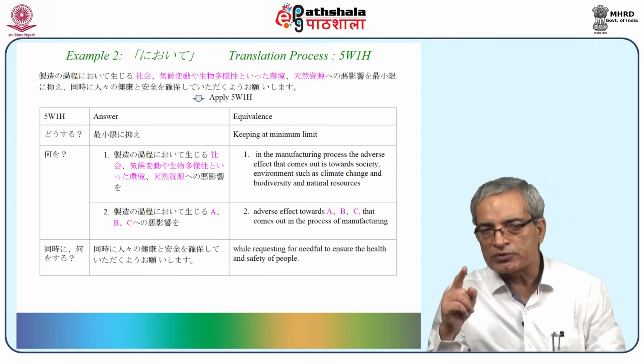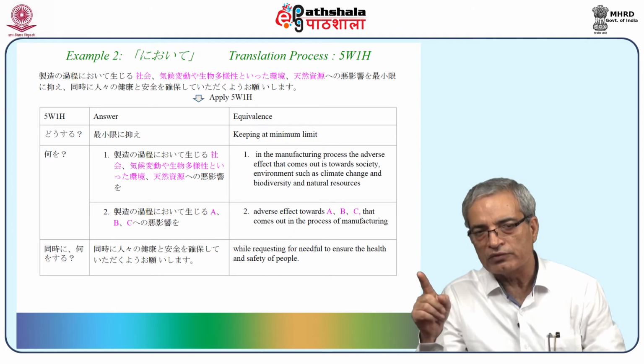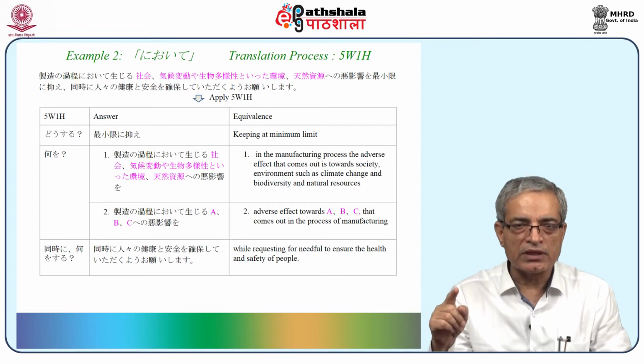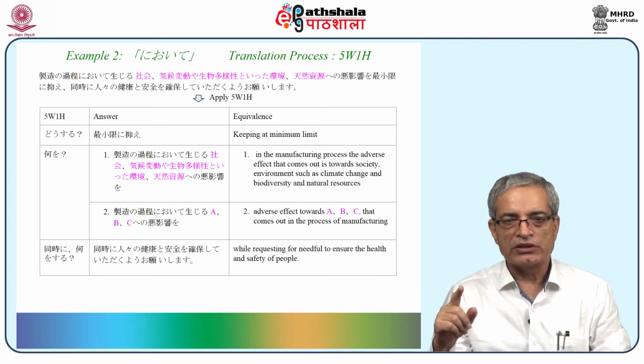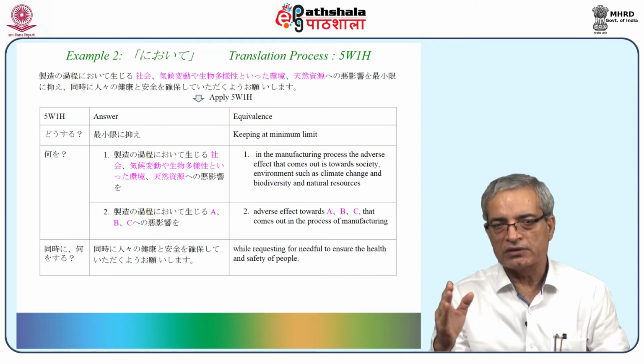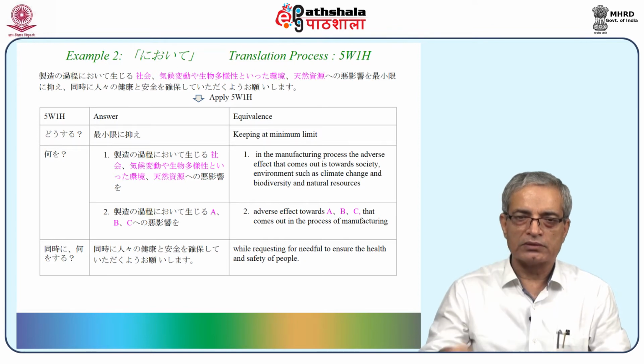Now here there are two options given. One is "seizono kate ni oite shojiru". Then the full words, it's "shakai". Then "kikohendo ya". What is next? "Seibutsu tayose to itta kankyo". By the time you reach here, you tend to mix up the words, and then "tennen shigen ekyo o".